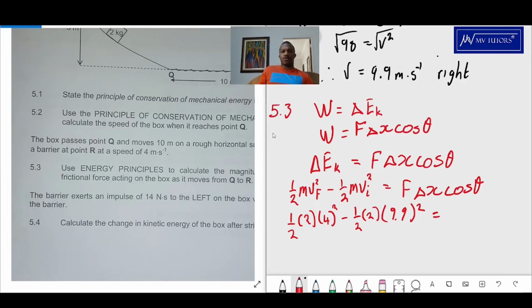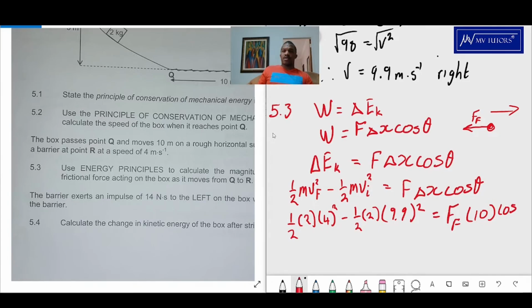Now what's the force? If we look at this object, we look at the forces, there's nothing pushing it that way, but it's moving in the direction of the right. So friction is the only force acting on it, friction force. So that force there is going to be the friction force, right? And then the change in distance, that's the 10, and then cos,